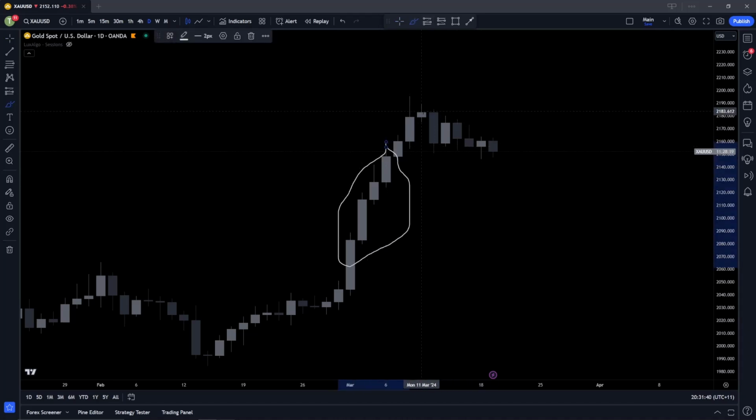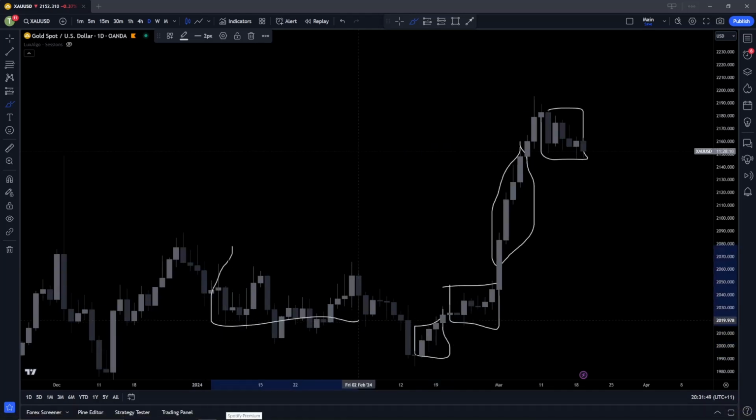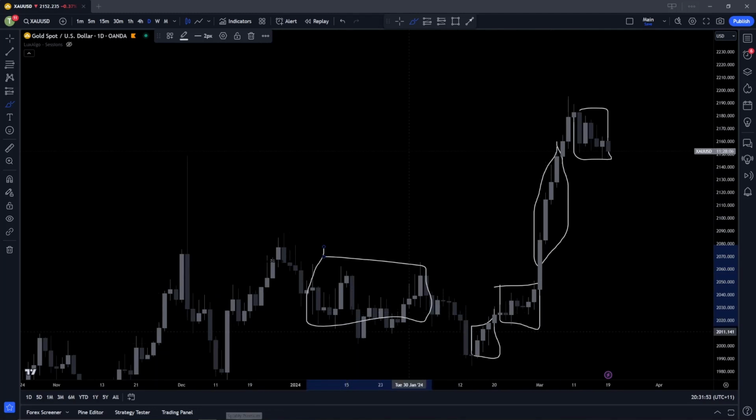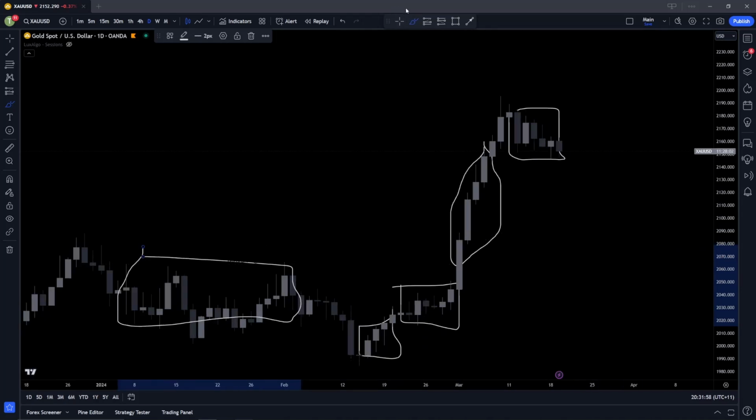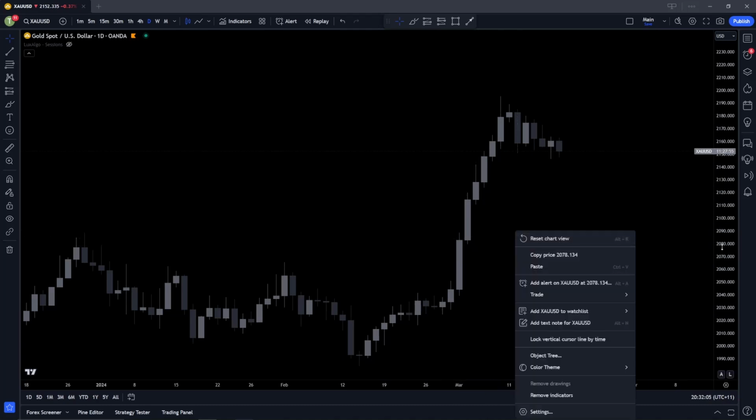The way I trade this will be different from this. This is more indecisive, more range bound. This is a bit more indecisive, kind of a bit more clear directional. This is more higher volume range. It's all about adapting, and that comes from experience. But you can still use the same sort of daily concepts, session cycles, monthly, daily, hourly, on all time frames or conditions. You just have to adapt.